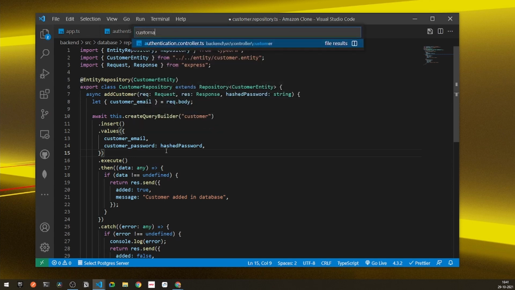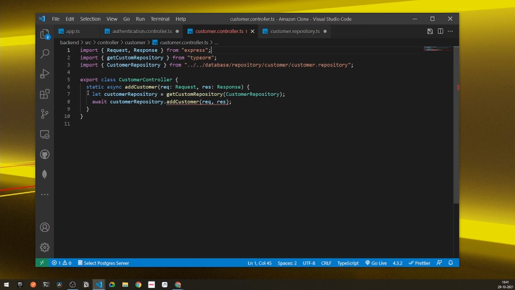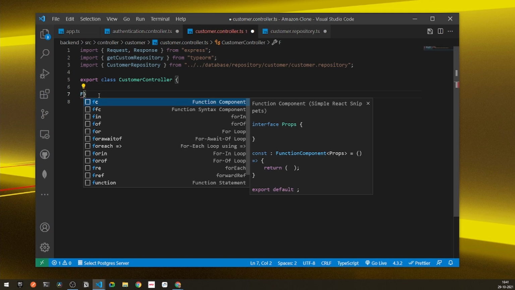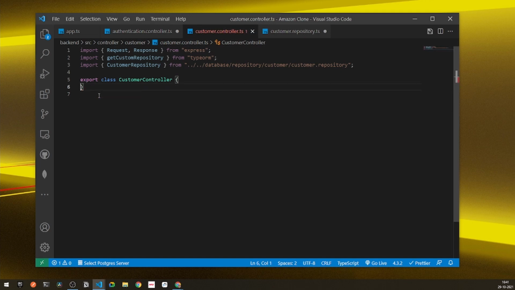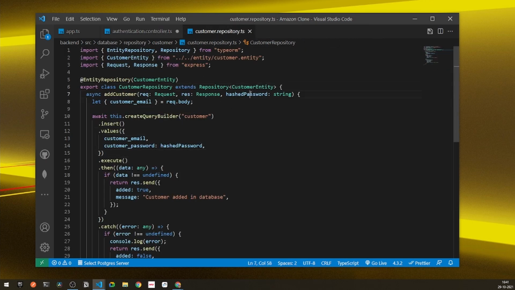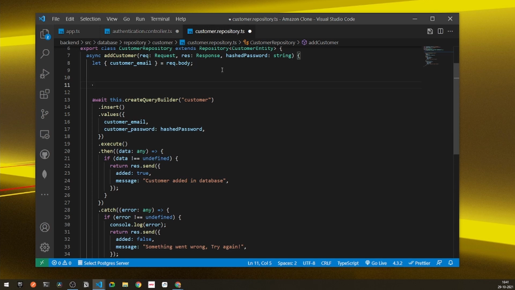Now let's go under customer controller, and I'll simply remove the following method from this side because we don't require this, right? So simply save everything. Yeah, so let's get rid of it. So now once we have got the following instance of our hash password, first of all we need to check whether the particular user exists under our application or not, so that he won't be able to create multiple accounts under our application, right?